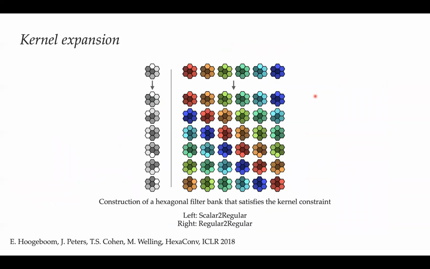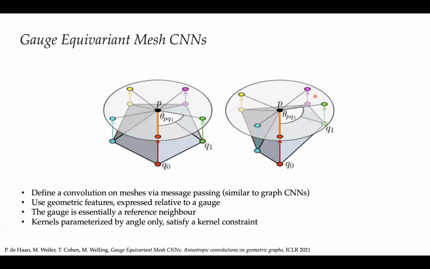The other aspect of the algorithm is this kernel constraint, and this we've seen come back many times. Only now we have this kernel constraint for a filter that lives on a hexagonal grid, the dual of a triangular grid. There's actually a way to implement that hexagonal convolution efficiently using square grids and conv2D. And the kernel constraint is similar to what you saw in the previous lectures. I'm going to skip over that.